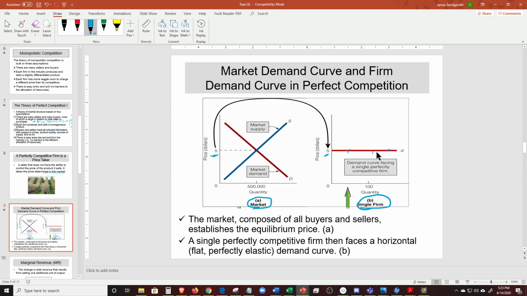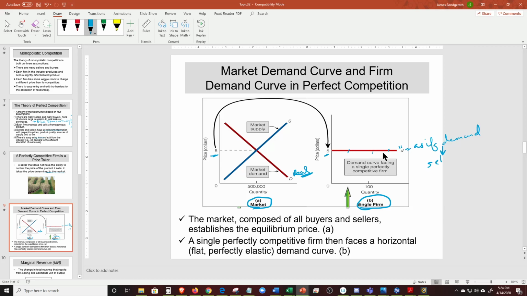I always like to put little quotations around this demand curve and call it the as-if demand. The real demand is here. It does slope downward and to the right. So if prices are higher, people will buy less. If prices are lower, people will buy more. But this demand curve is the as-if, because